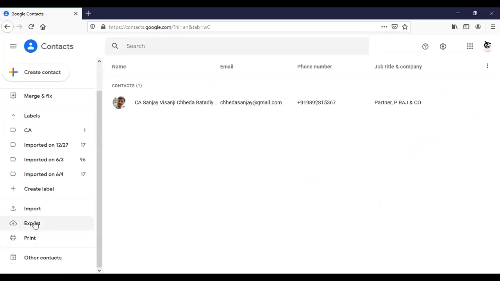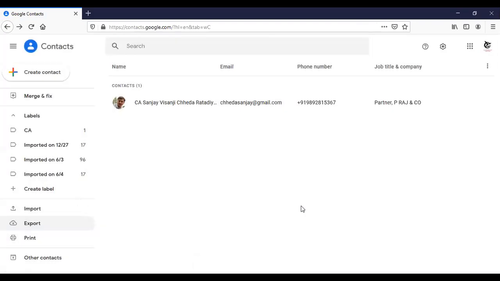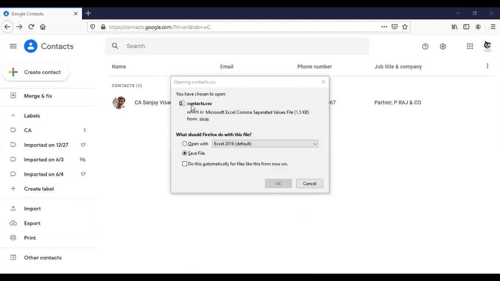And now for the demo, I will export one contact, only a single contact. I'll export here. There's one contact.csv file. I'm exporting that file.